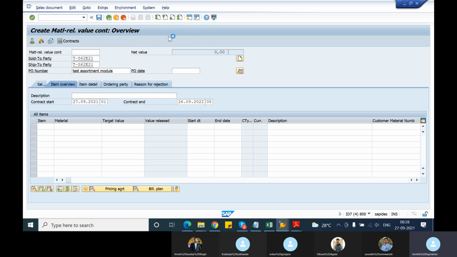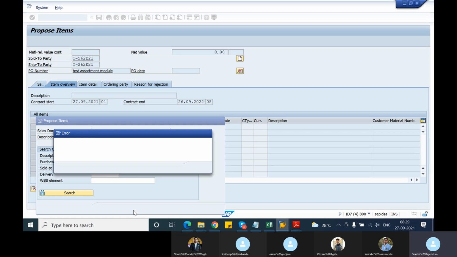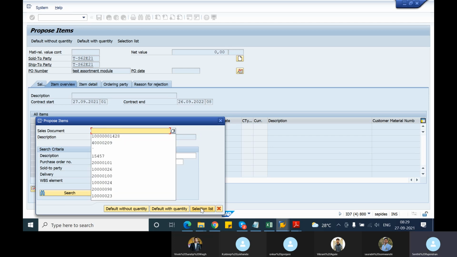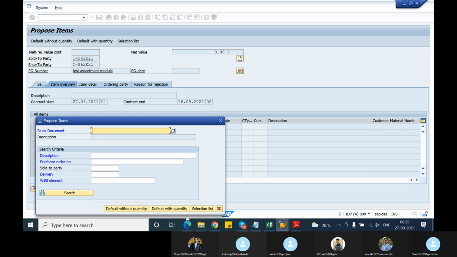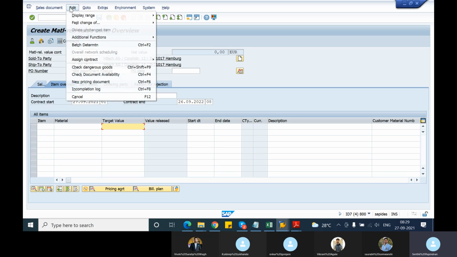So here you can see propose items. Let us check if the assortment module works here. Default, without, with, without quantity. It's okay. Input too long. Sales document. List. Okay. I don't know why this assortment module